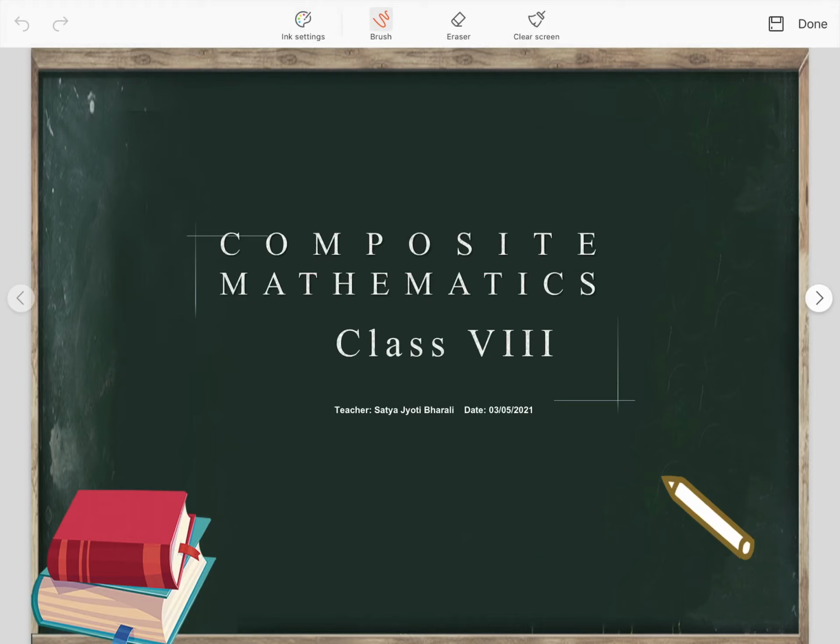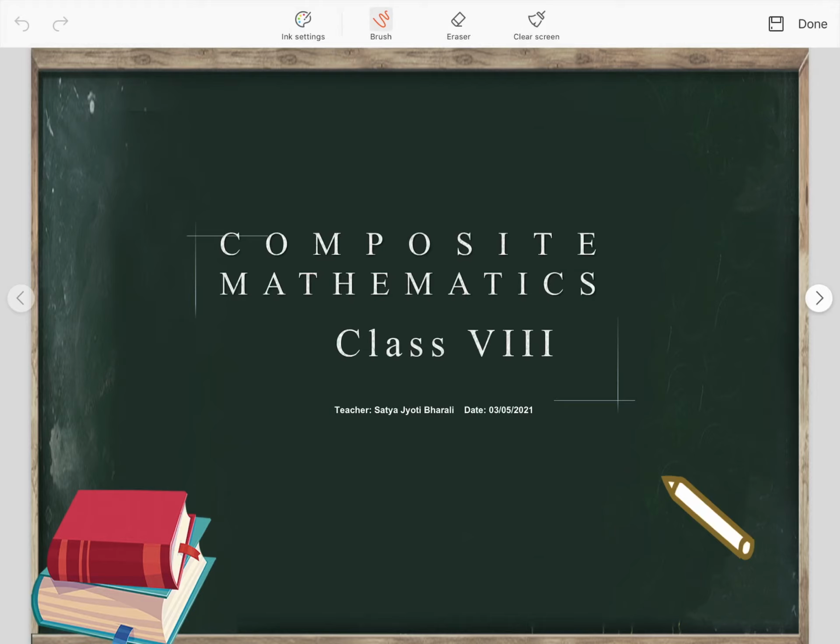Then different geometry chapters are also given, like quadrilaterals, parallelograms, constructions of quadrilaterals, and visualizing solid shapes. Okay. Then unit 5, mensuration, we are going to study. In mensuration we are going to study how to find the area of a trapezium and a polygon, and also volume and surface area of solids. Okay, different types of solids will be given.